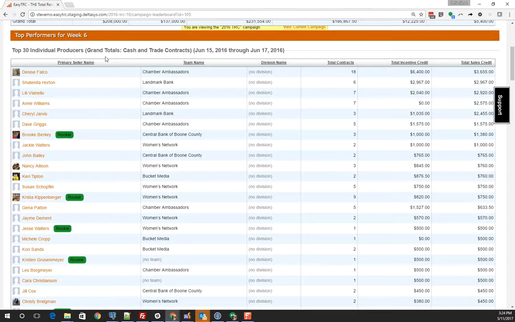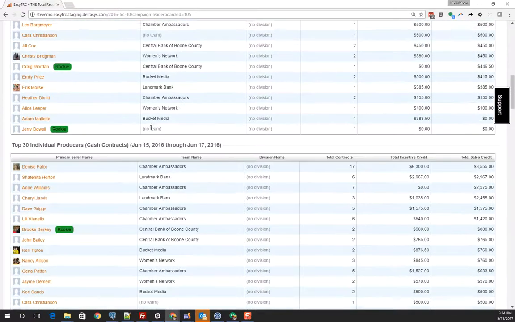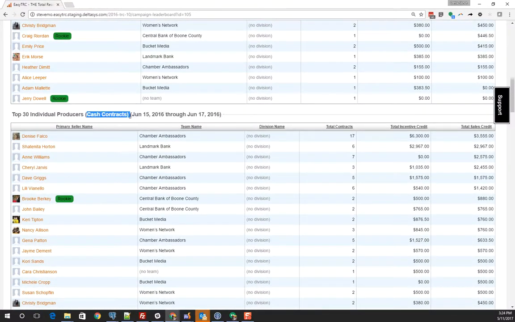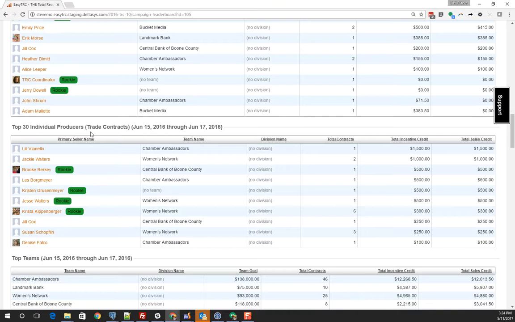Now, before I scroll any further, here's another addition. We have grand totals, cash and trade concatenated together in this list, but some of you have asked, I want to see some grand totals for just cash contracts and just trade contracts. So we've got that as well. You've got everything together, you've got cash only, you've got trade only, split apart,